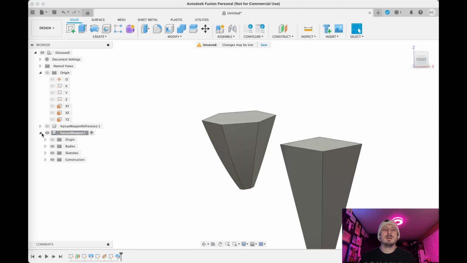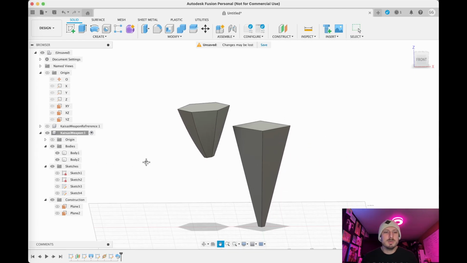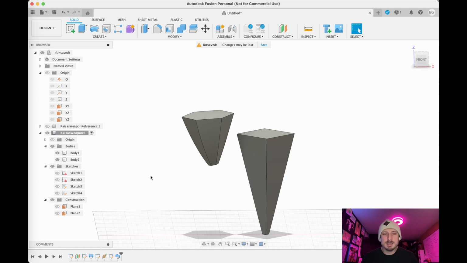On the left, under our component, if we expand the component dropdown, you'll see body, sketches, construction. Here we will find all the different things that we've done so far. And we haven't done too much yet, so naming isn't that big of a deal. You'll see towards the end of the video, though, it gets a little difficult to find the right sketch when you don't name everything. So we want to do a sweep again, and we want to utilize the same curve